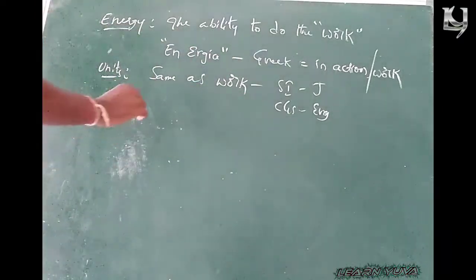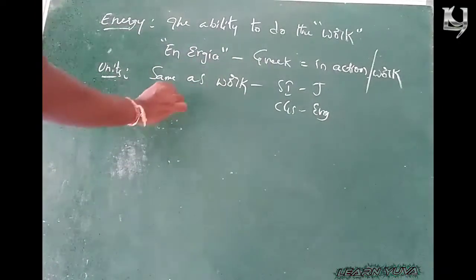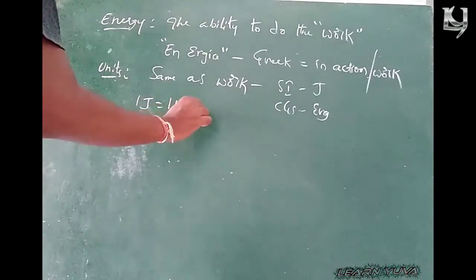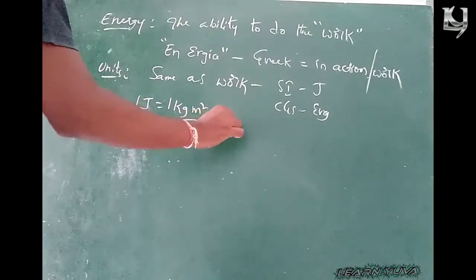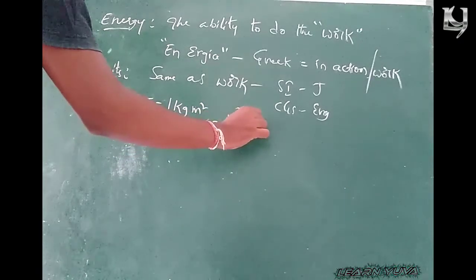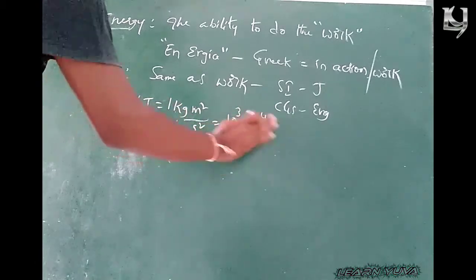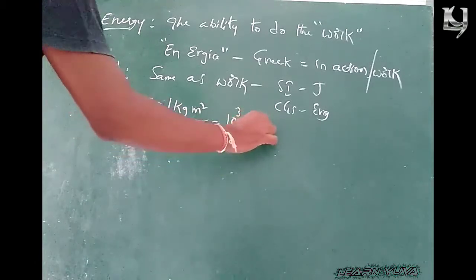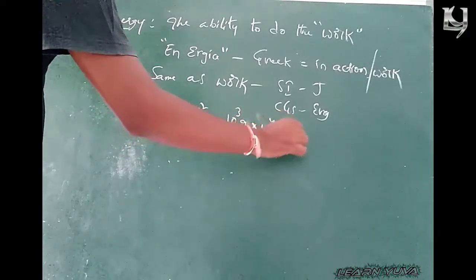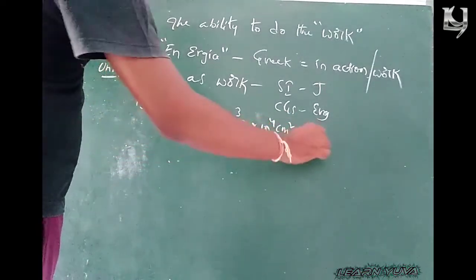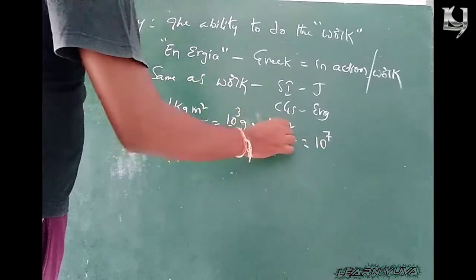1 joule is equal to 1 kg meter square by second square. Converting, 10 power 3 grams into 10 power 4 centimeter square by second square. Clear? So when the bases are the same, the powers are added: 3 plus 4 is 7, grams centimeter square by second square